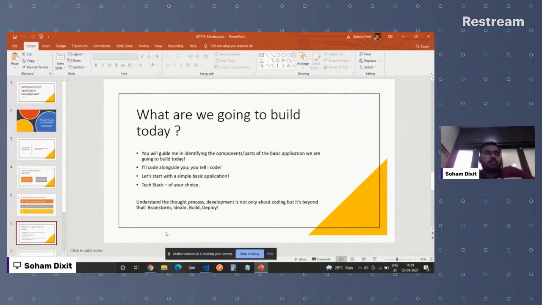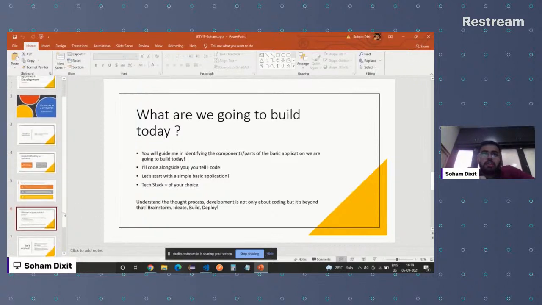Another thing is that the components which we are going to use in this application are readily available out there. I'll be sharing that link with you as well. We'll make use of those components in building your application, but we'll also think about why we are building this. When I say we are going to build this page, we'll focus more on why we should build it or why this page should exist. As said, we'll understand the thought process.